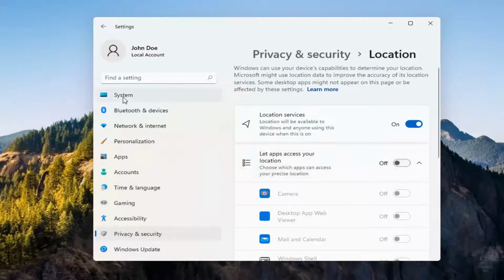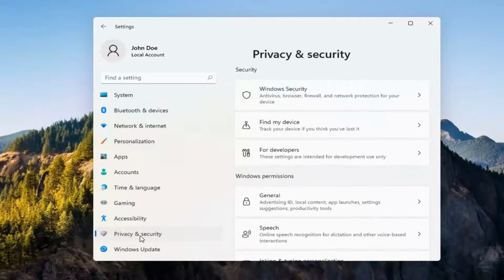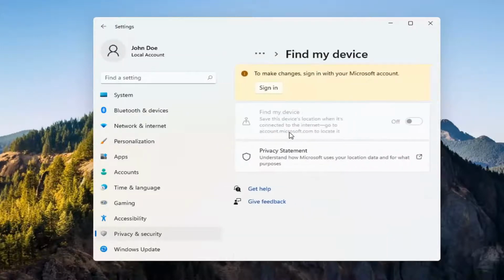And then we're going to go back over to the privacy and security options. So we're going to go ahead and left click on that again. You could have clicked the back arrow up at the top too, and we're going to go back to Find My Device. So at this point, you're going to have to sign in with your Microsoft account,